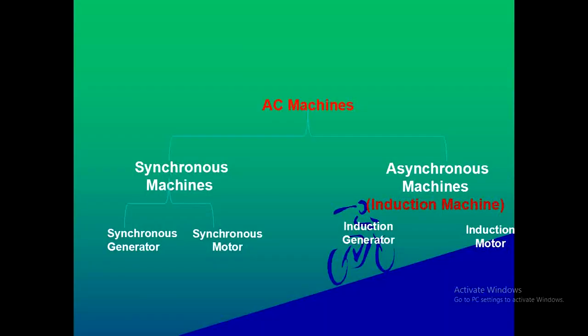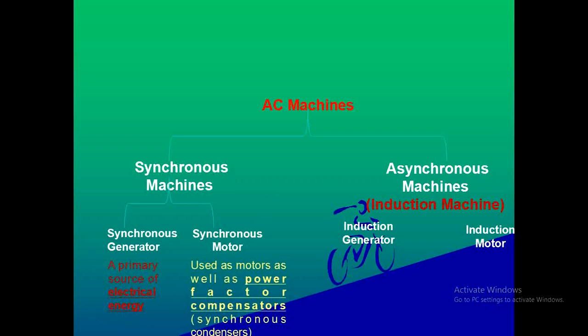This is a type of rotating AC machine which is lying under the synchronous machine. Here the hierarchy is given which shows that the AC rotating machine can be divided in two parts, synchronous machine and asynchronous machine. Synchronous generator is the alternator which is lying under this synchronous machine. Synchronous motor is also there, and other machines like induction generator and induction motors are lying under the asynchronous machine. Some functions of each machine are given in this slide.